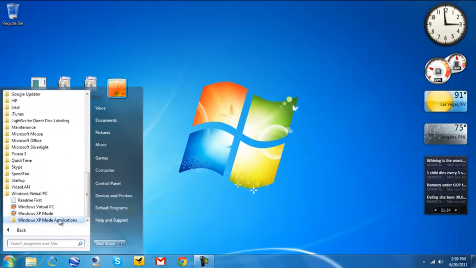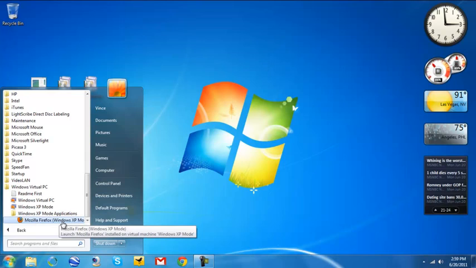So basically we can run our Windows XP mode applications that we installed when Windows XP mode was